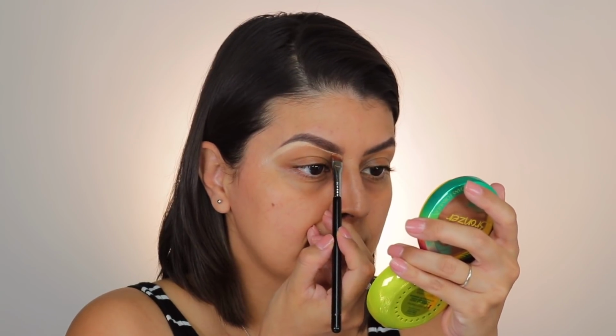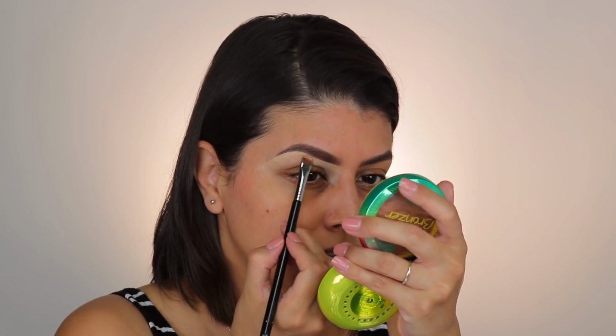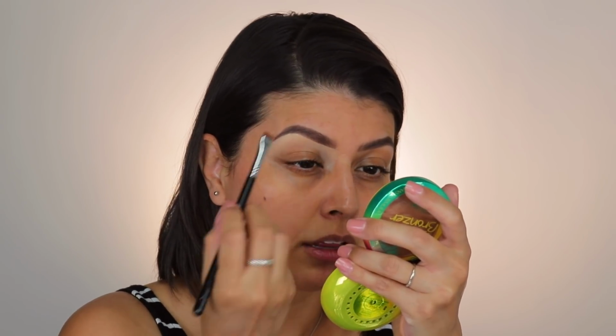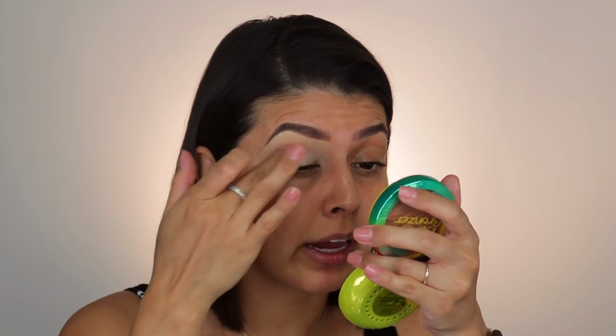And then I'm gonna bring it down using the brush. So not only is the concealer helping clean up underneath the brows, but when you drag it down and place it all over the lid, it's also going to serve as a nice base for your eyeshadows. So I'm just gonna take a little bit of the concealer with my finger and just finish applying it